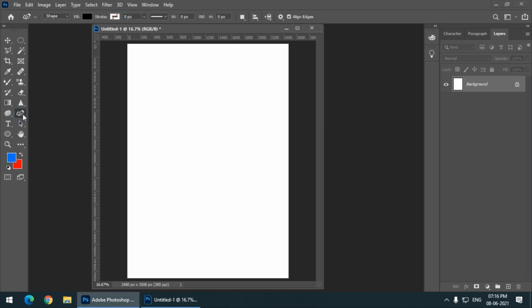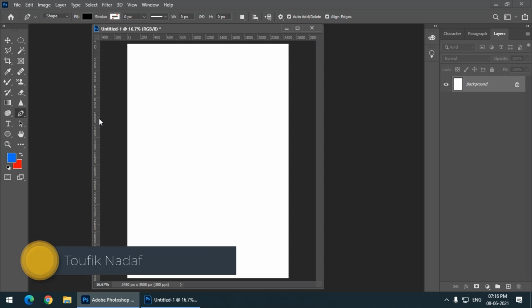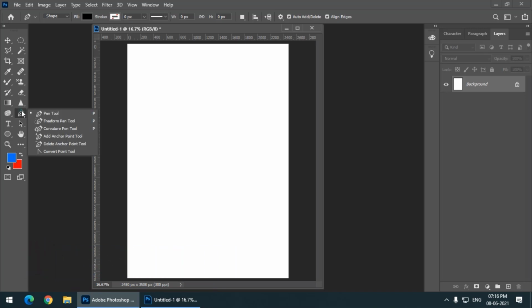So we are going to again continue with our Photoshop classes, and today we are going to see the pen tool and the other tools which are present in this particular group. So the pen tool is basically used for creating shapes, and also it is used for making selections, pretty much similar to the lasso tool, but mostly it is used for creating shapes. So how can we create shapes by using the pen tool?